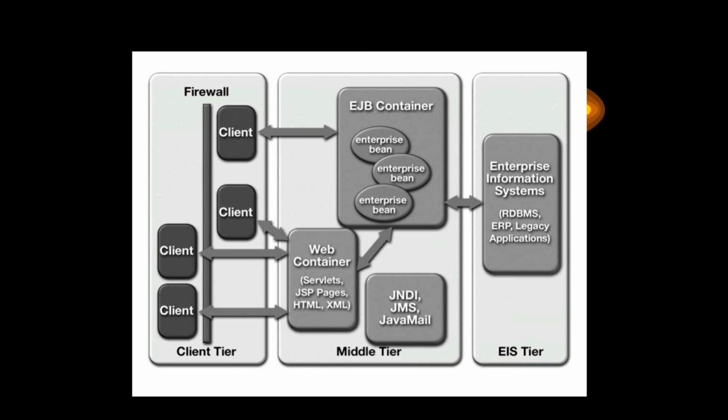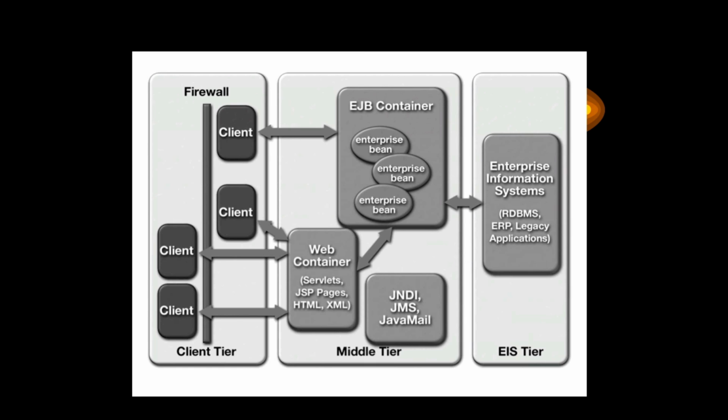In particular, they can connect directly to the EJB container and do things at the enterprise bean level. Whereas the outside people connect first to the web container, which runs our servlets and Java Server Pages and HTML, and those servlets in turn will connect and do enterprise level